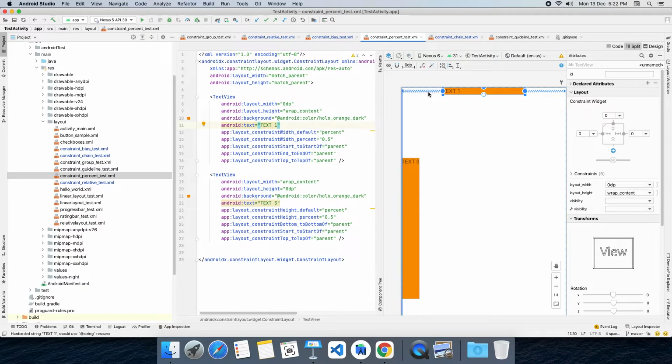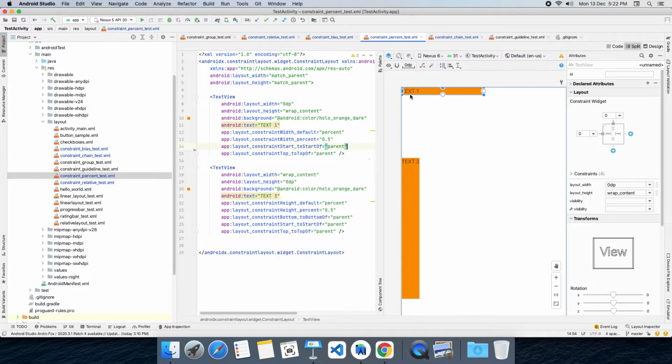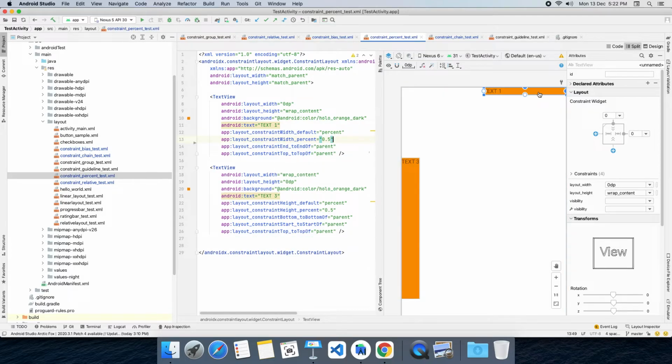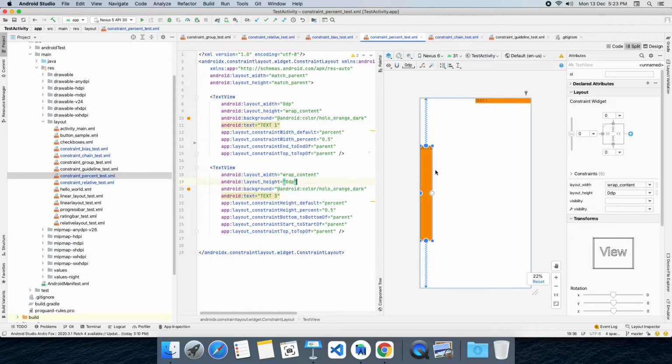What if you want to take the first 50% of the screen? This is attached to the right side, right? Remove the right-hand side anchor, end to the end. Okay, so that it will be on the left of the screen. What if you want to align this view to the right of the screen? Give end to the end and remove that start to the start of, so that it will take the right-hand side 50% width.